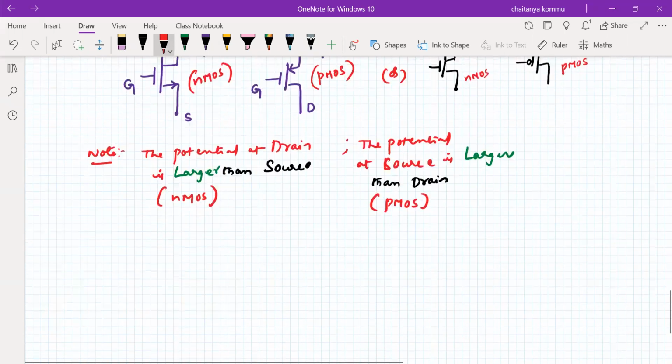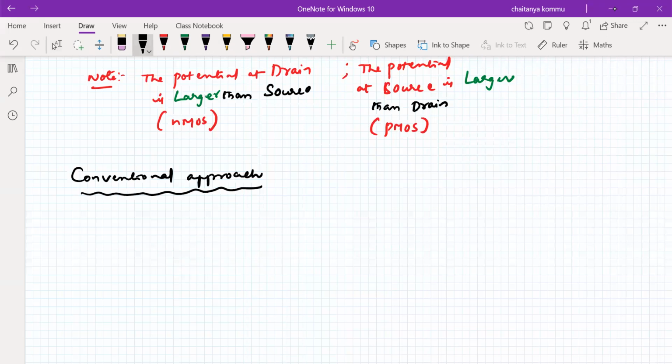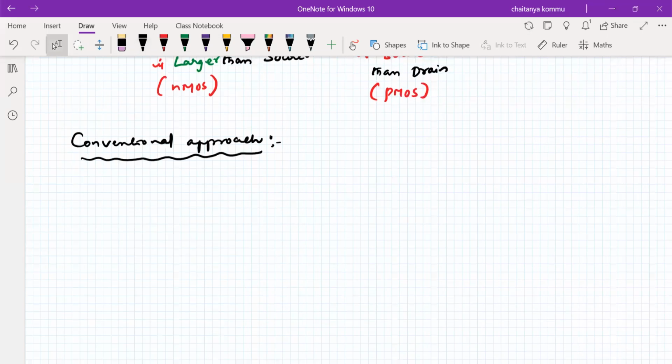For example, let us write here. What is the usual procedure, the conventional approach to find the state of the transistor? Some shortcuts also we will get. So in case of NMOS, everybody knows that